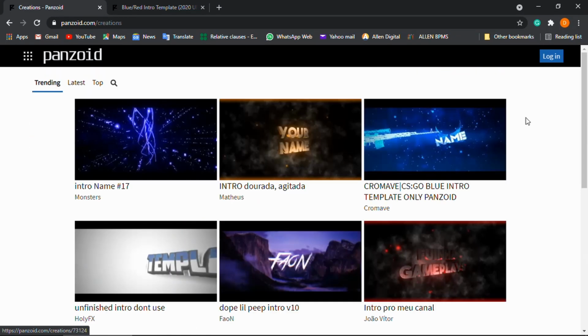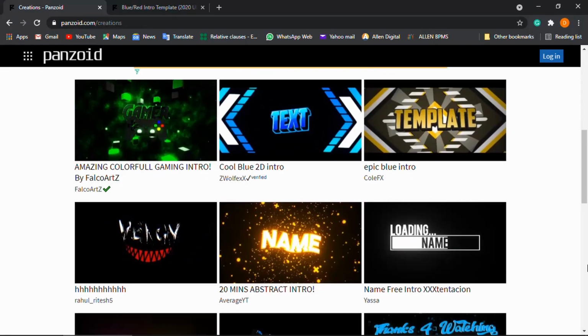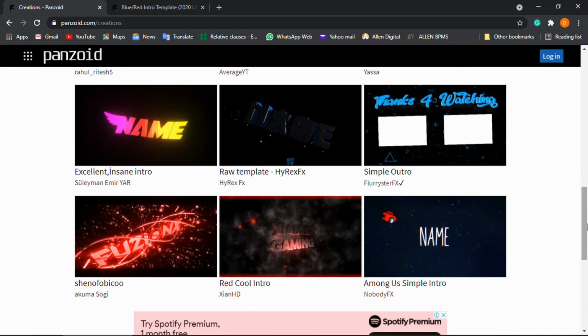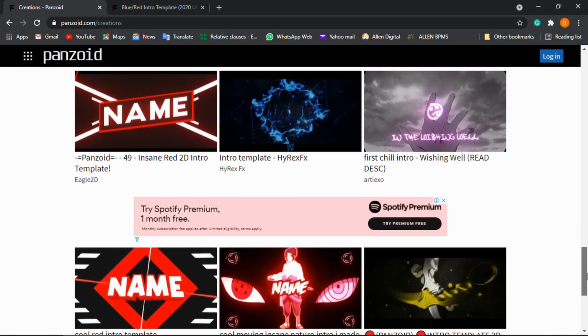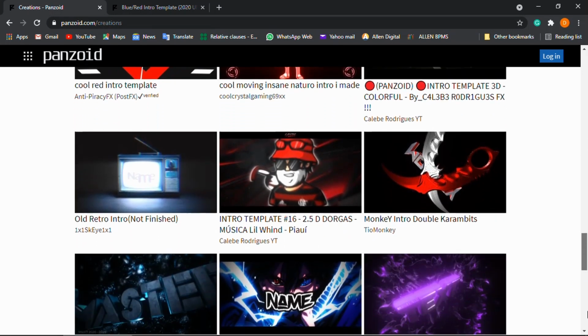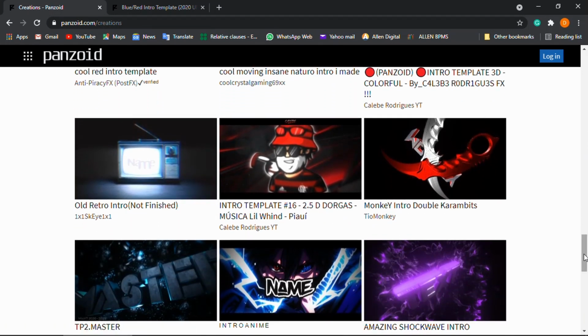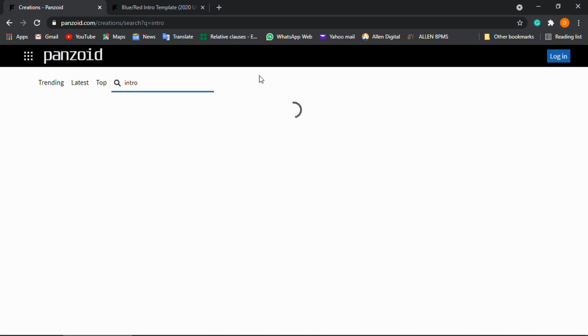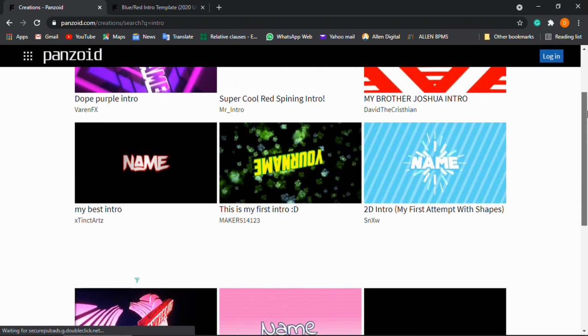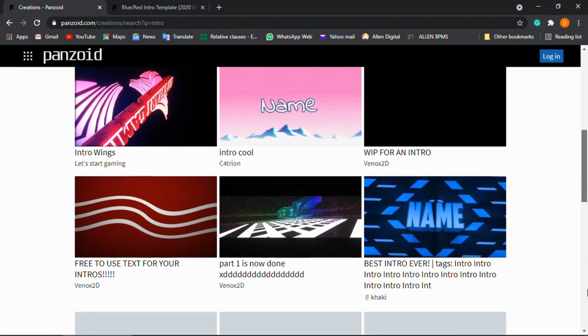So as I click on more creations, I would get many of the creations here, but you can use any of these from this place. And when I would open the one which I had showed, you can also open the same one in that way and you can use it. So I would also tell you how you can edit it. So here you can search intro like I have done. You need to click on the magnifying glass and then search in the bar intro. If you don't get it, then no problem, as I am also not getting it.